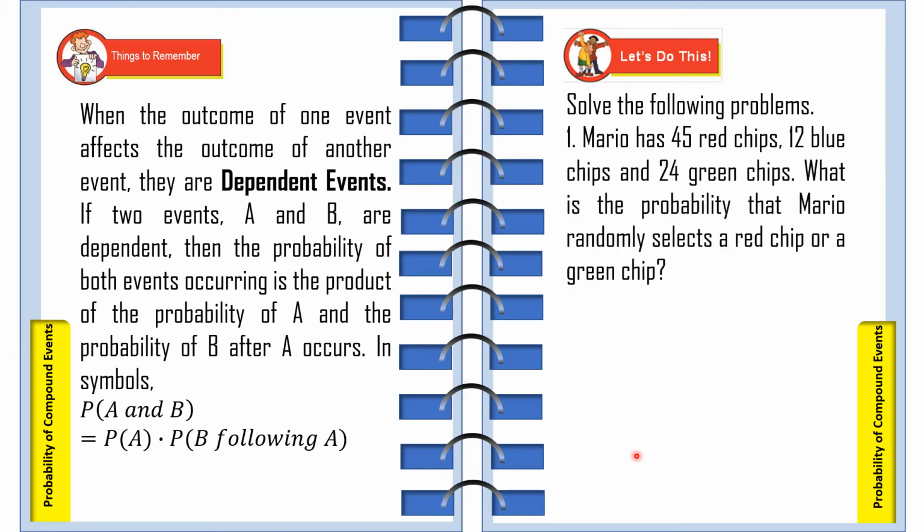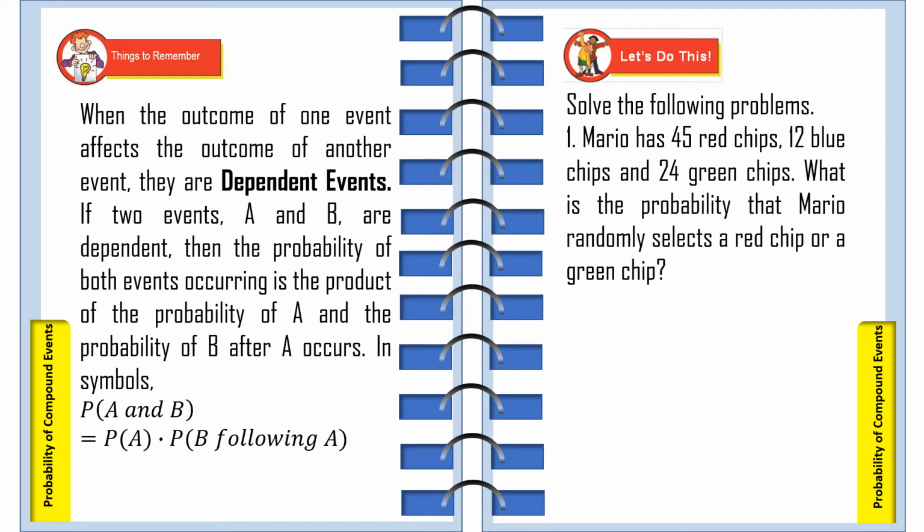So first problem tayo. Mario has 45 red chips, 12 blue chips, and 24 green chips. What is the probability that Mario randomly selects a red chip or a green chip? Okay? So, dahil pinagkasabay na nating apat na events, bibigyan ko lang kayo ng mga tip dito on how you're going to